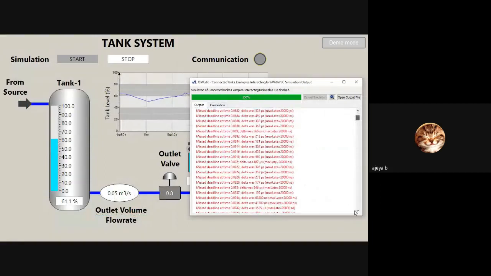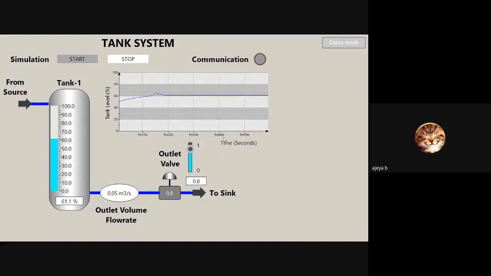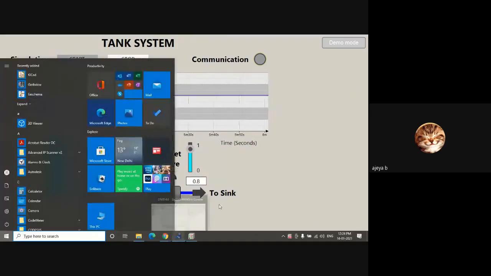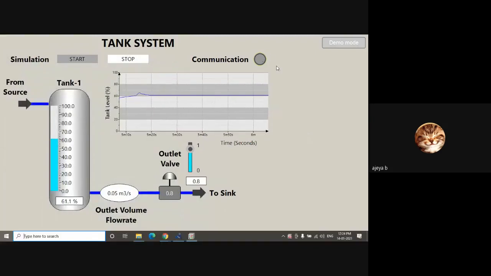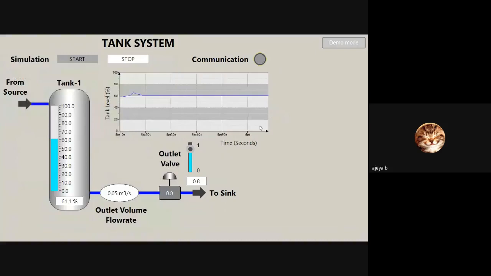And then you close this. Now it's almost as if you are back to the initial condition. So simulation is stopped, communication is not green, so there's nothing sharing between them. So this value CodeSys will retain, in the sense whatever last value it got from Modelica, it will remain there until the communication is established again with Modelica, and the new values will start appearing. Until that time, it will continue with whatever value was put from Modelica to CodeSys before the communication was terminated.